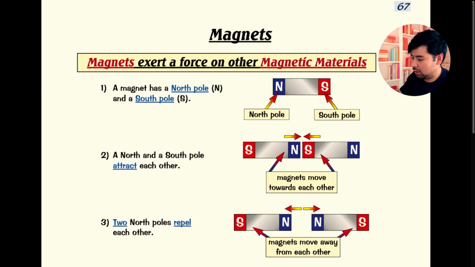Now let's take a closer look at magnets and how they work. Follow me. Magnets exert a force on other magnetic materials. It has that kind of force that makes them be attracted. Of course they need to be magnetic